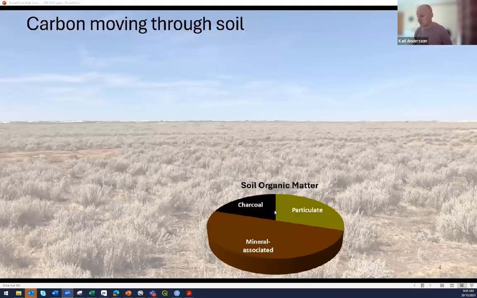So in a general sense, we think of it in different pools. There's the particulate, which is the recent material that's gone in. That gets cycled by bugs. It can end up, think of it as long ropes with charges on it. It can get stuck to soil particles, where we call it mineral associated, and that provides a bit of protection. It might be inside the natural aggregates, and that provides a bit of physical protection. And some of the material is charcoal, and that's relatively inert and relatively stable in the soil.